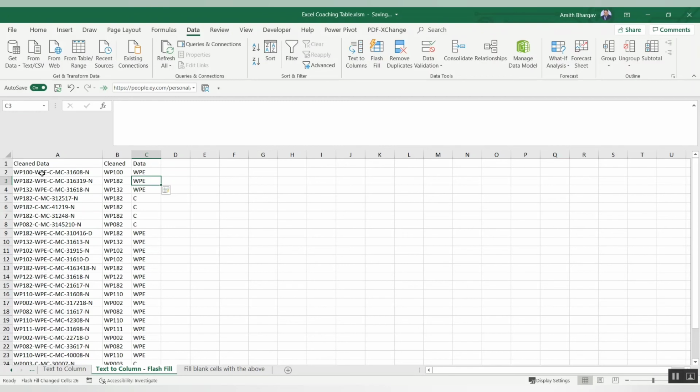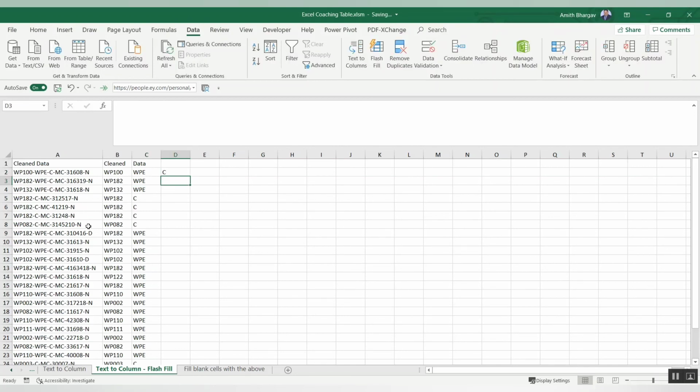So whatever is there in the space, see here it just took C, because it is analyzing the content I have updated. It analyzed there was a minus here and the minus after WPE, so the same logic it has applied everywhere.